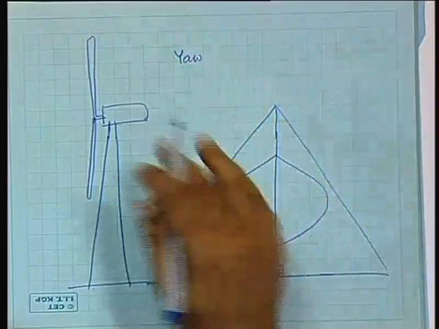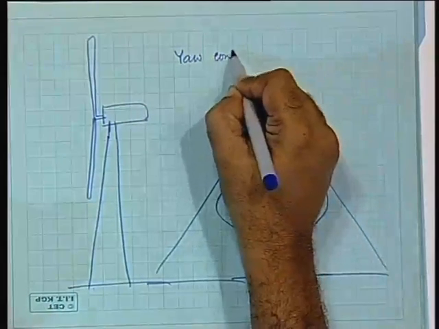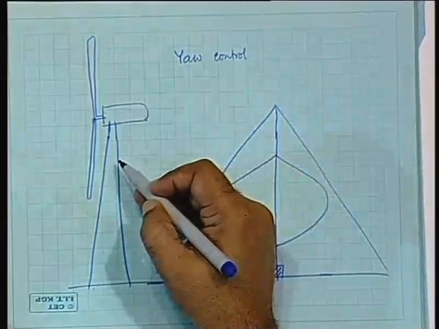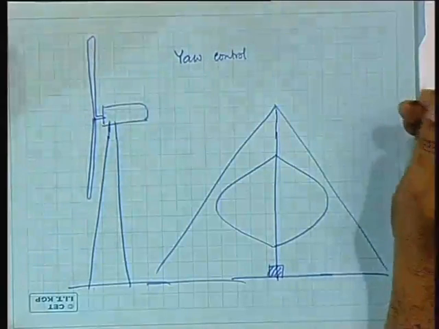This control, the controlling to face the wind, is called yaw control. I will come to the details a little later. So, yaw control is necessary for horizontal axis wind turbines and yaw control is not necessary for vertical axis wind